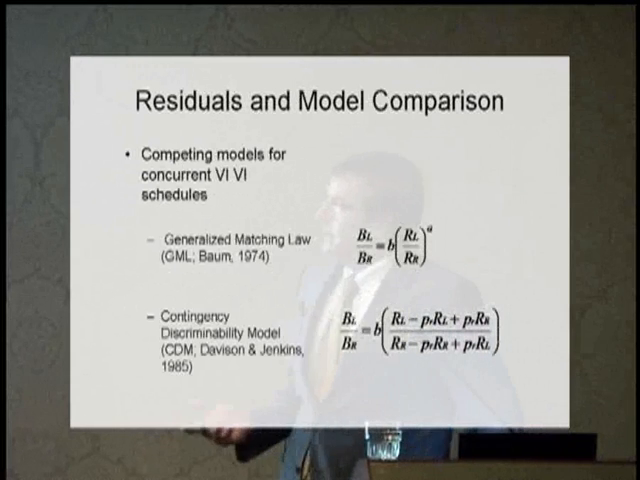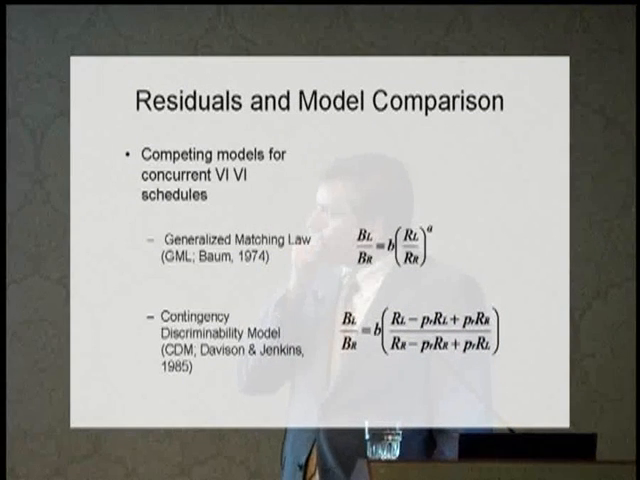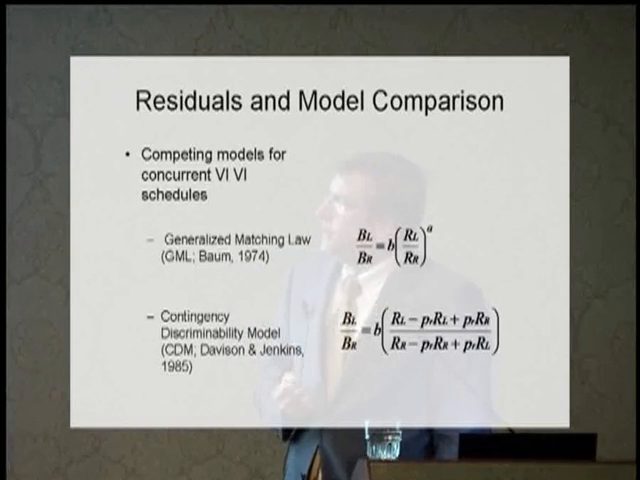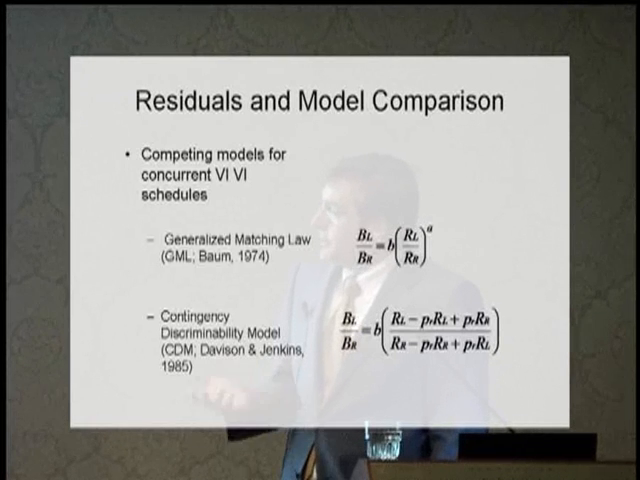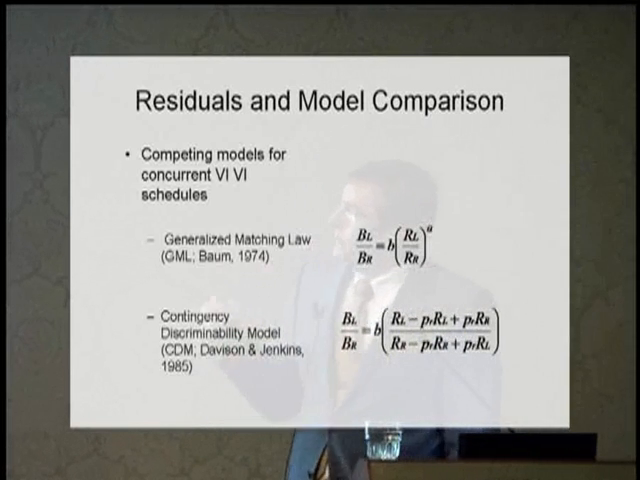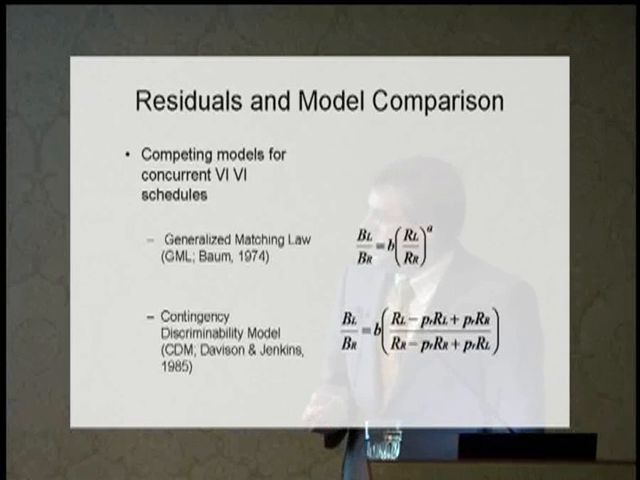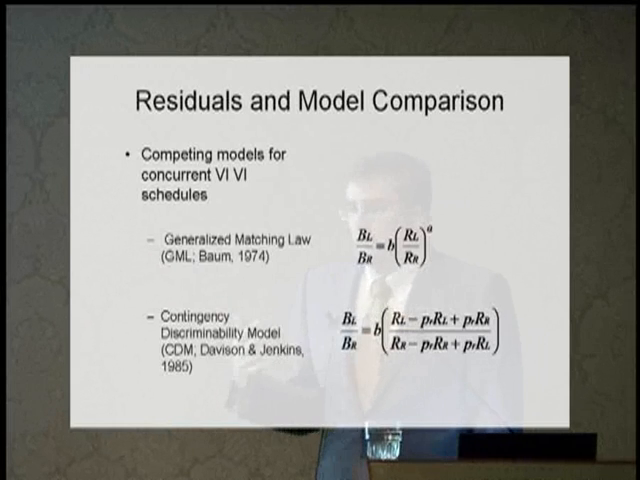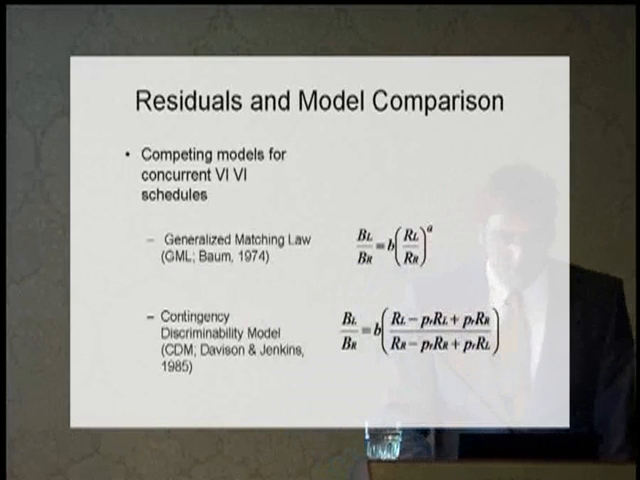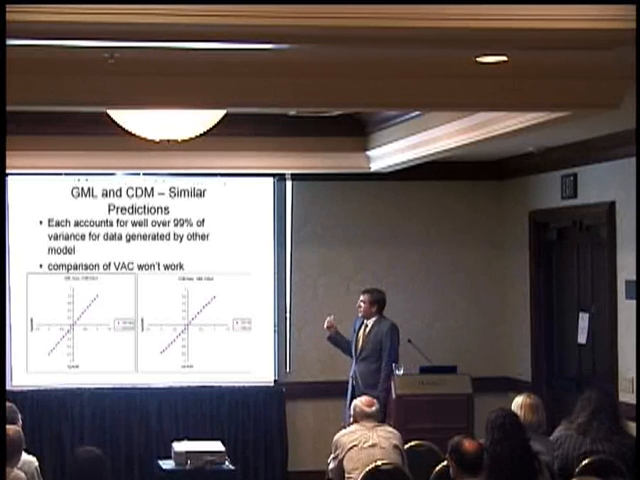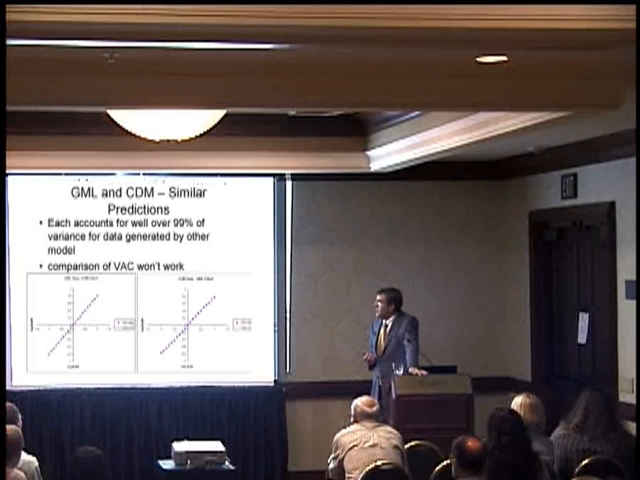And what I'd like to do now, in the time remaining, is illustrate how we can make some very fine comparisons between models. In particular, I'm going to look at the generalized matching law, which is well known as an account of response allocation, that is choice, under concurrent VI-VI schedules. That was proposed by Baum back in 1974. And a model that came out later, known as the contingency discriminability model, by Davison and Jenkins, 1985. Now, I'm not going to worry about the equations here. If you're interested in these models or in concurrent schedules, there's a very large literature. It's very, very interesting. But what I'd like to point out, and this was noted, in fact, by Davison and Jenkins when they proposed the contingency discriminability model,